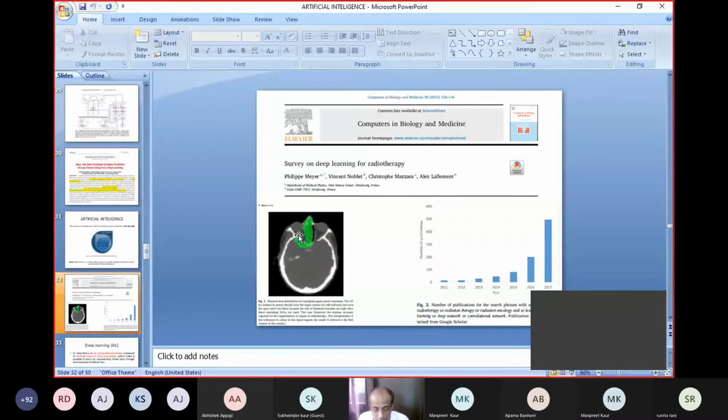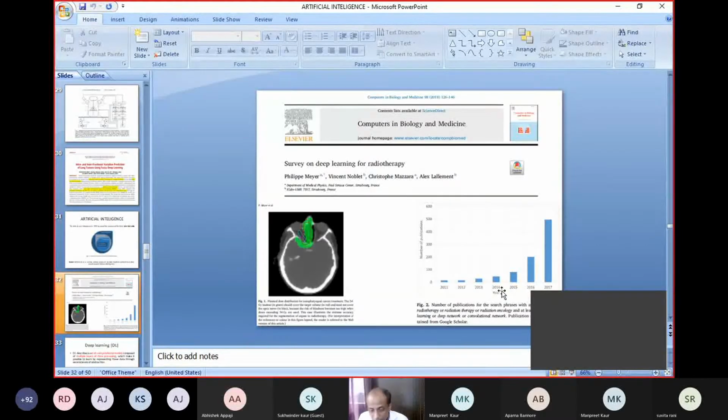So here you can see this is the eye and this is the optic nerve, where our signal goes and we can see an object. This is the area which we need to radiate, the green region. When we are radiating this green area, you can see the optic nerve is very close by, and if that gets radiation, then our vision will be gone. So in these cases, the artificial intelligence picks up one of the best plans which was delivered to an older patient, and based on that we generate a similar plan to deliver to a new patient.